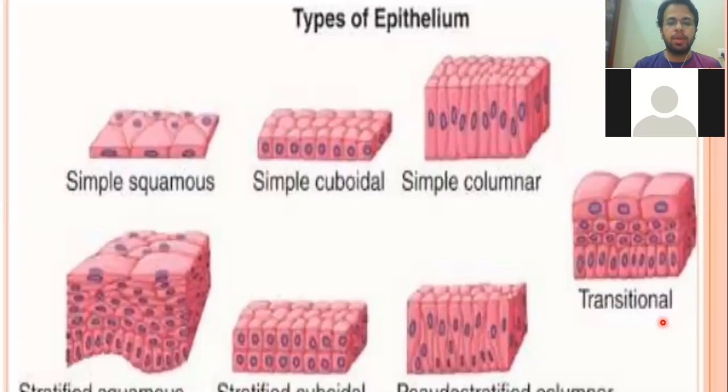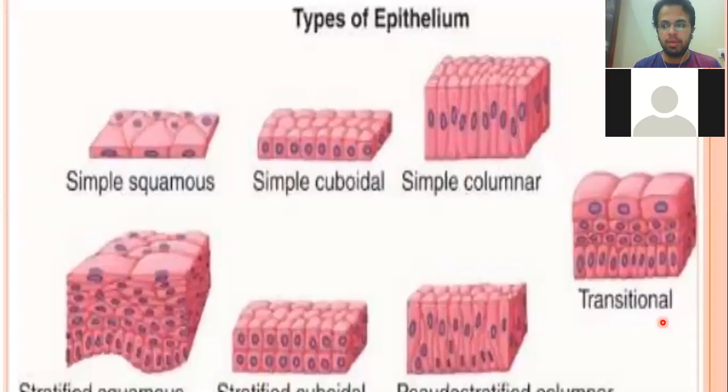All the other types of epithelium do not change shape when they come in contact with different substances, but this kind changes shape depending upon the organ capacity, right class? It is only present in the organs which process urine, like the ureter, the bladder and the urethra. So this is another type of epithelium, known as the transitional epithelium.